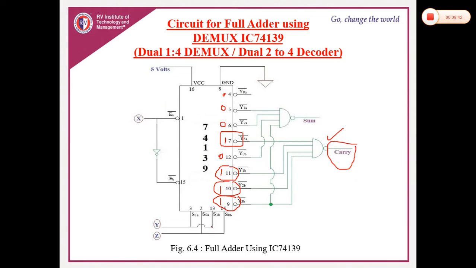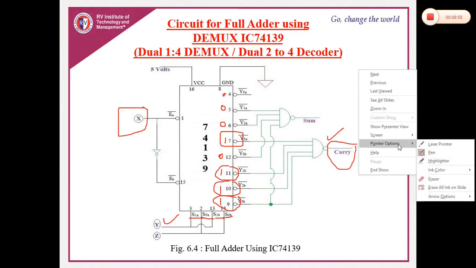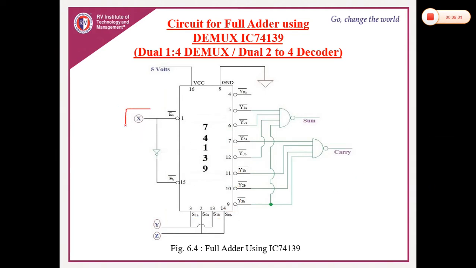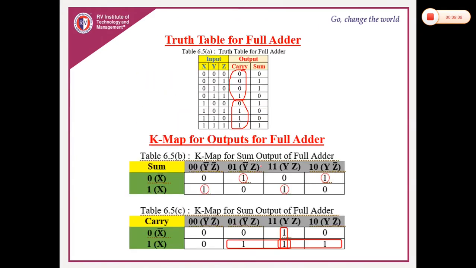And please remember one more important thing here. S0A and S0B act as a Z input, and S1A and S1B act as a Y input. Then where is that X input means X is given to enable input, because this is very important. I am repeating, X, Y, Z input how we give. So X, whenever it is 0, upper part will be active. Whenever it is 1, lower part will be active. Because in the truth table also you can see X is 0 for 4 cases and 1 for 4 cases. So for this it is active for upper case, for lower case.